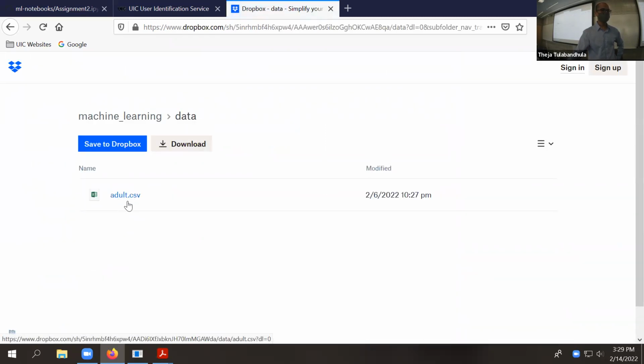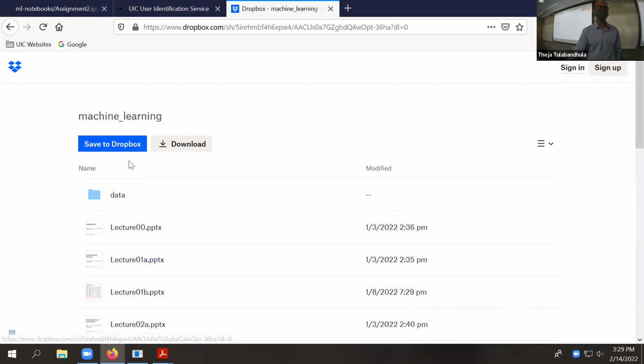There's a data folder which has the CSV file as well. So if the link didn't work and you didn't reach out to me, there's one more backup option to get the data set. It's in the folder which had the slides and the PDF version of the slides. There's a data folder.